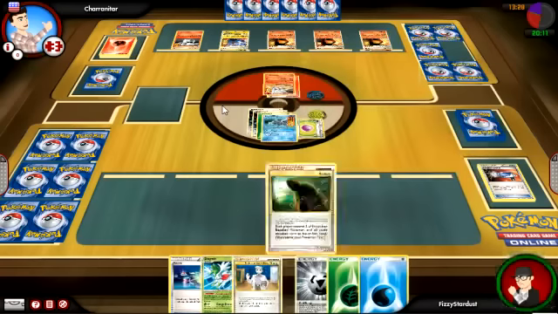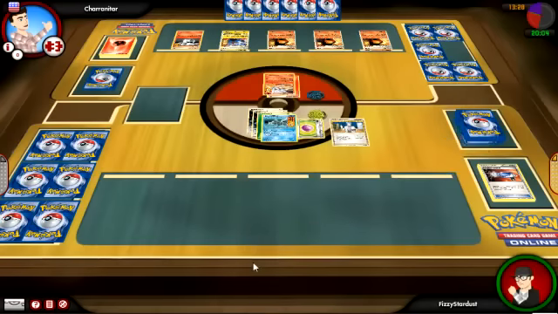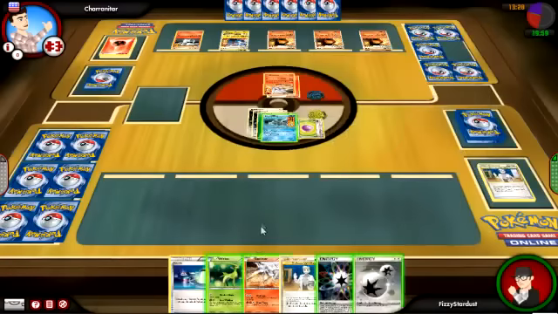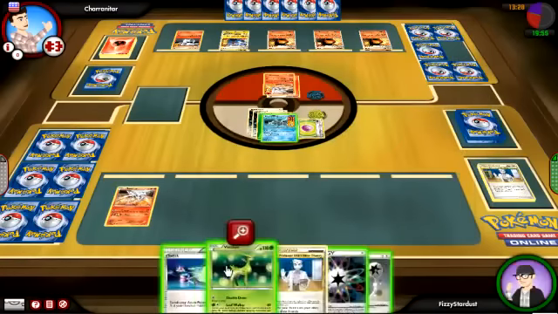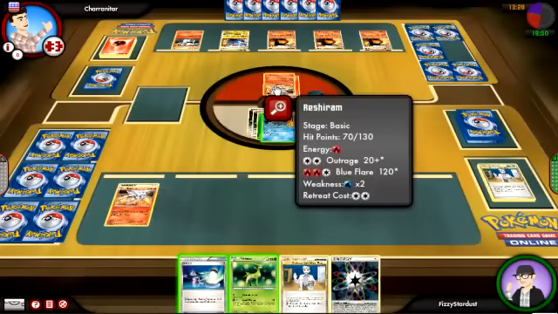So he's gonna Blue Flare. I'm gonna live by the hair of my chin, and I'm gonna have to Pawnt, hoping I get some more stuff. There's my Reshiram that I wanted to play. I can play DCE on it and start getting Outrage